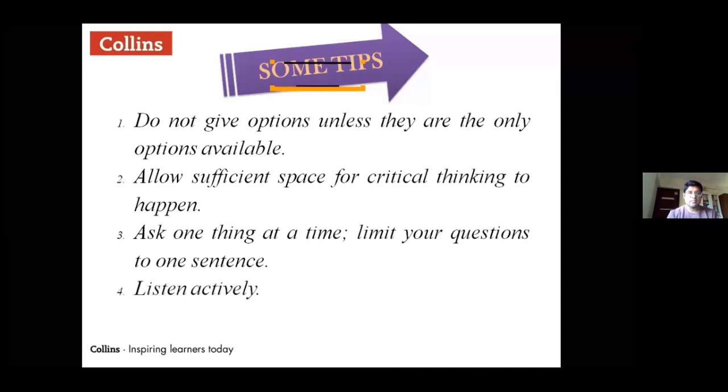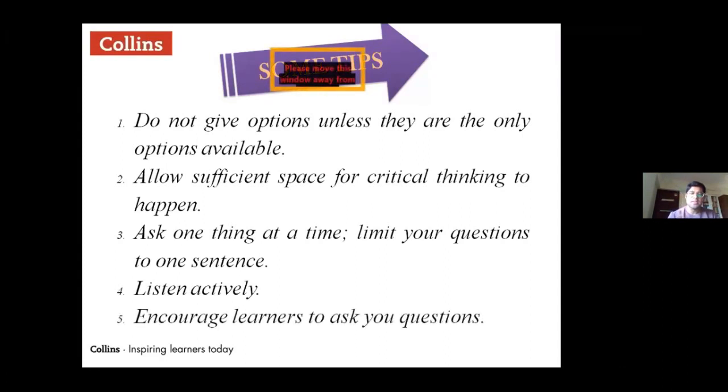Listen actively. So, active listening and passive listening. Often, what we do is, as teachers, we speak a lot. At times, we teachers need to take a back seat and be on the other side. Listen, let's see what the learners have to share with us. So that will also hone their speaking skills. And finally, encourage learners to ask you questions. We often have a habit, we ask at the end of a session, okay, learners, any questions? No. Let's change that strategy probably.